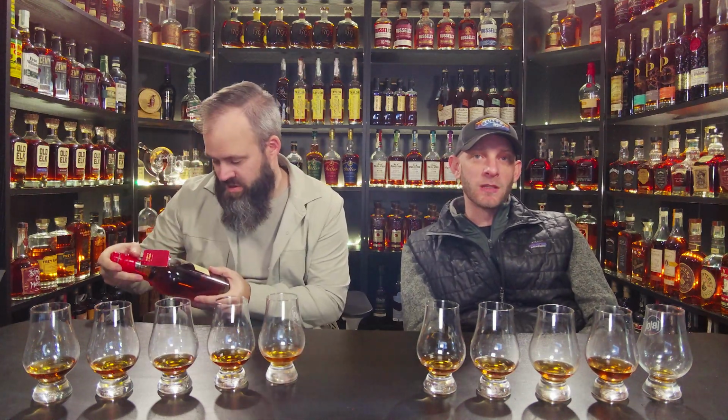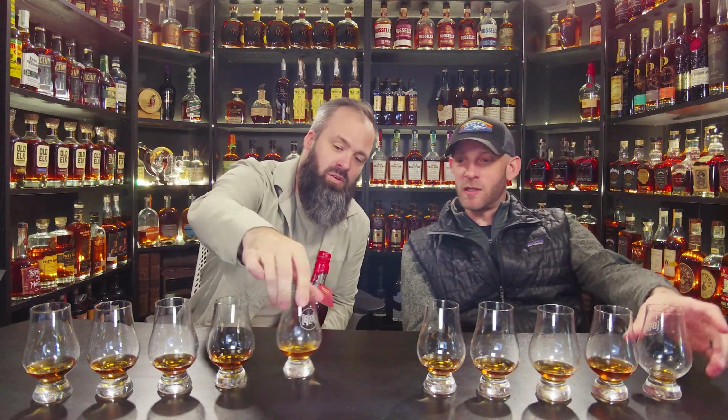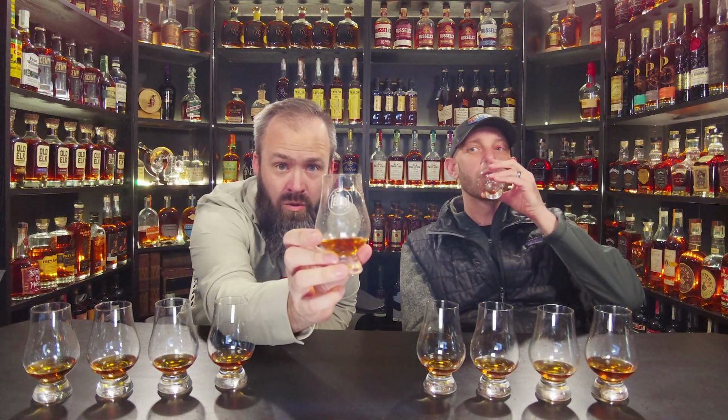109.5 proof. That's up there. We can get into all the staves and different things like that here in a little bit, but we're just going to run through these quick. Now, this is the newest one to the pick. We went to... Literally says Boom on it. We went to BLO, which is Broadway Liquor Outlet, for their big